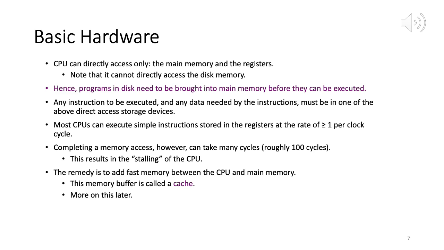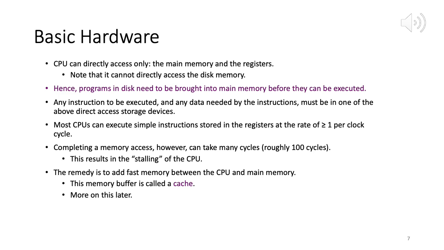Any instruction that needs to be executed, and any data needed by the instructions, must be in one of the above direct access storage devices: main memory and registers. Most CPUs can execute simple instructions stored in registers at a rate of more than one per clock cycle. A clock cycle is a very small unit of time, and most CPUs can execute at least one instruction which is stored in the registers, mind you,